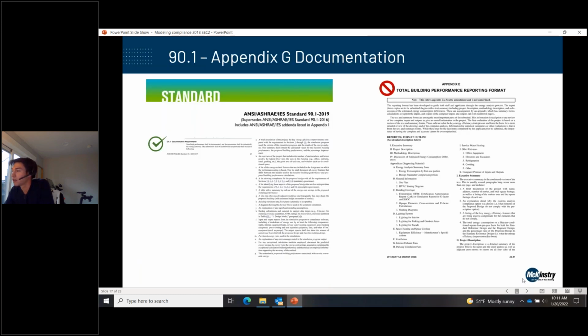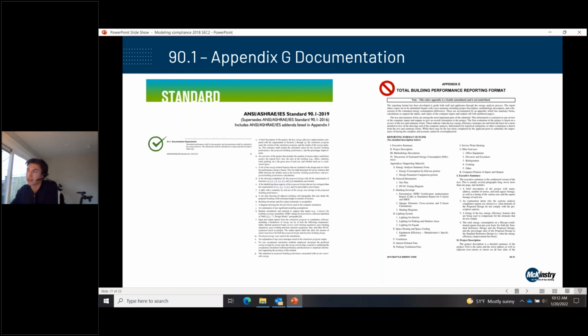So diving in, Appendix G documentation. As Duane said, we've shifted to these new standards, 90.1 2019 for the Seattle Energy Code. And with these new standards, we've got new documentation requirements. In the past, for Seattle Energy Code TBP projects, we would look to the Appendix E reporting format and just build reports based off that.